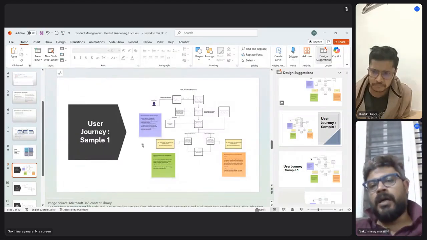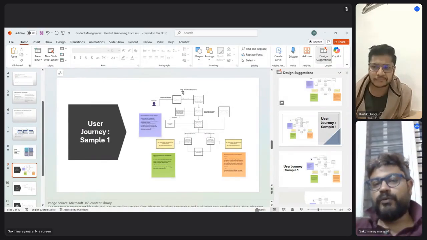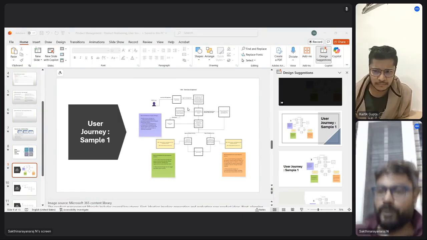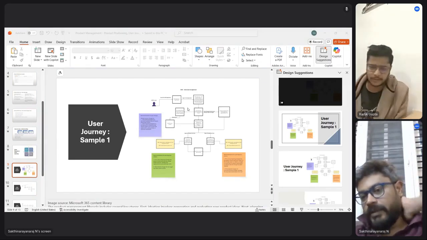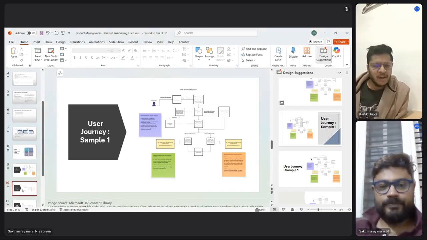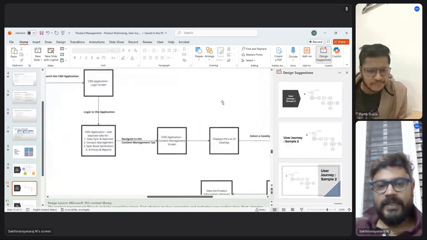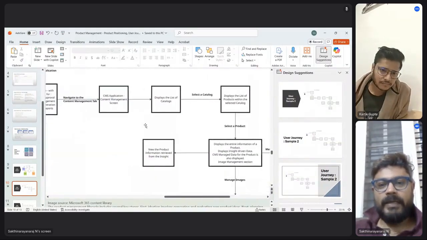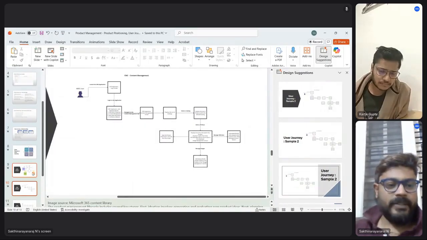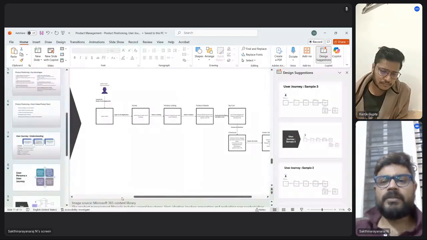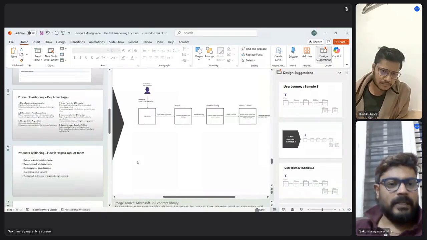This is how you create a user journey. Basically, from your understanding of how you want your product to look and interact, you create your user journey. Understood? Yeah. You saw this sample user journey. I'm going to show you a couple more samples. Same CMS application, log into the application, then there is the second tab, and how it interacts is what I've mentioned here. And this is for another application, a pretty straightforward e-commerce application. You know e-commerce, right? Yes.